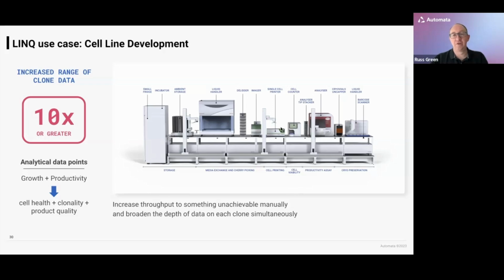So we have a single cell printer to work up the very top end of this process and dispensing a single cell into every well of a plate. We then also have an imaging system that is now a little bit more tailored to cell line development, measuring clonality as well as some of those core measurements about confluence. And further to that, in this case, we've added on a device for carrying out some productivity assays or product characterization assays. In this case, a Sartorius Octet.